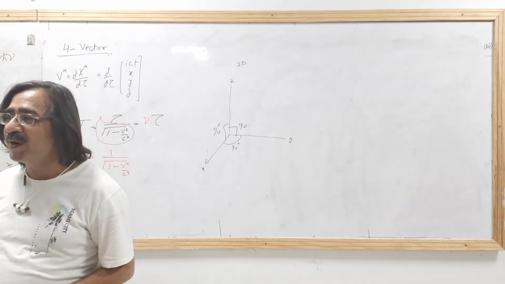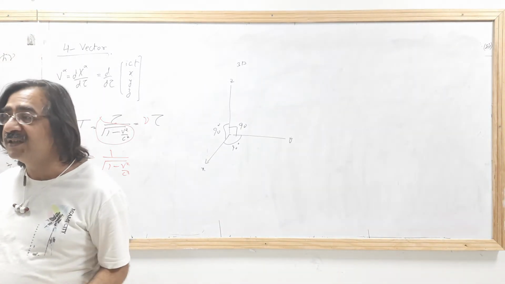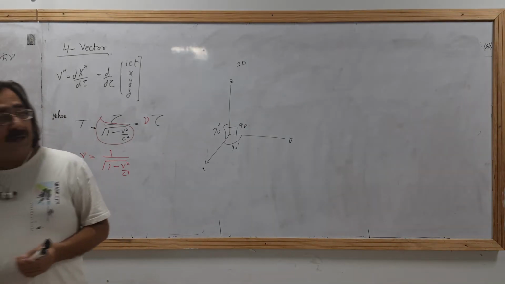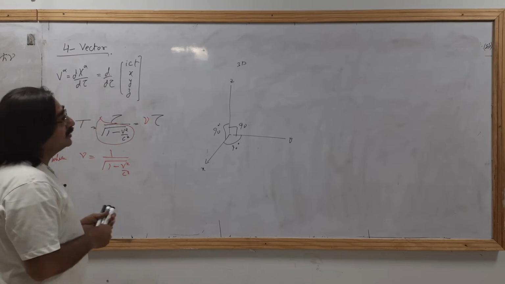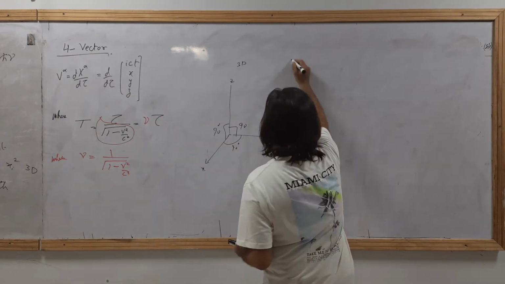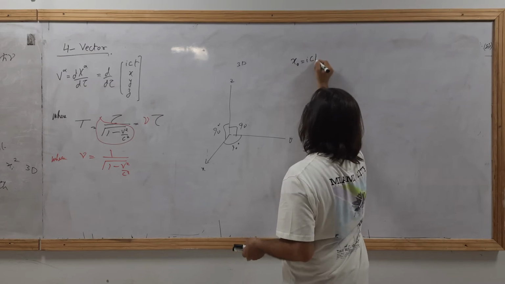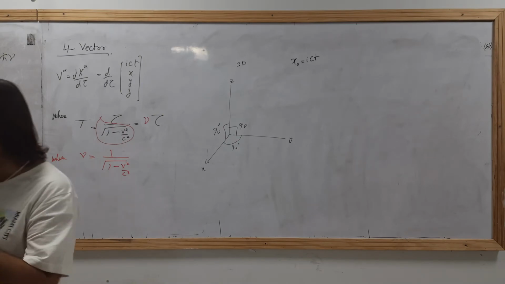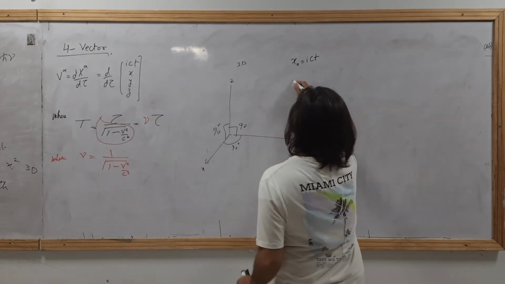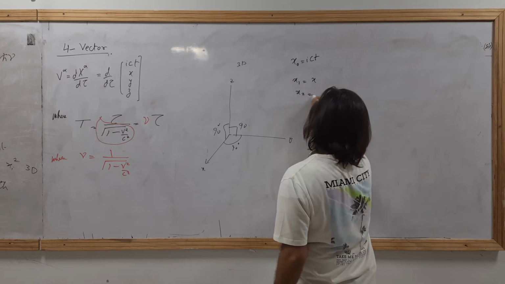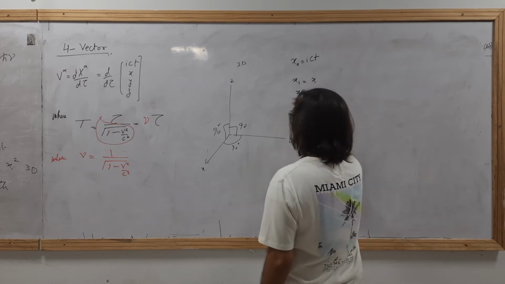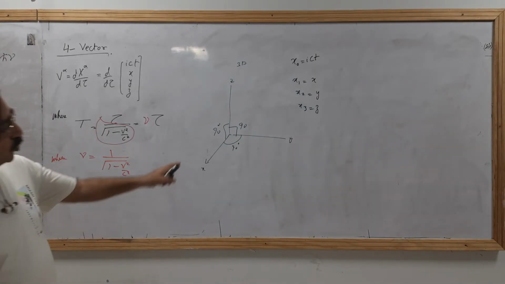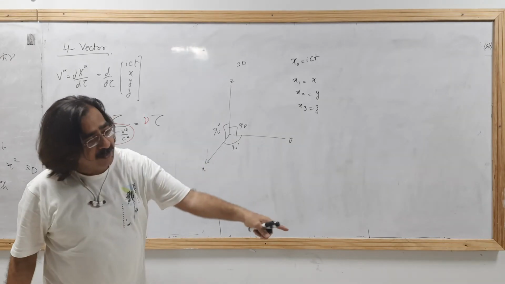But considering 4 dimensions is very difficult, because we live in 3 dimensions and we are usually familiar with 3 dimensions, not 4. But if you observe, as I have already explained, the 4th component is x0, that is iota ct. The remaining components are x1 is equal to x, x2 is y, x3 is z. The remaining components are the same. The problem is about the 4th component. How will we draw the 4th component? The 3 components will be drawn in the same way as I have already explained.